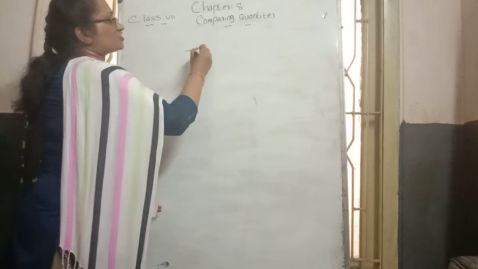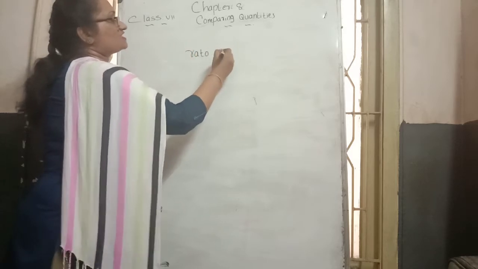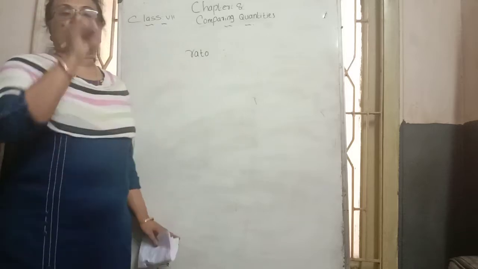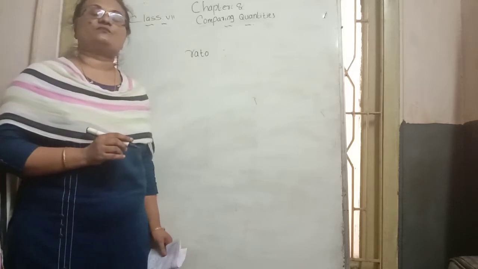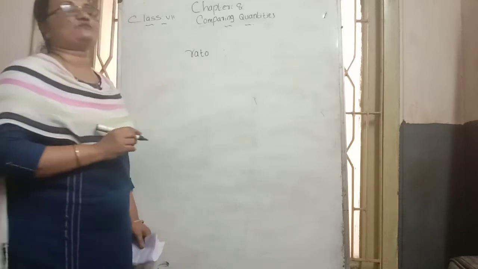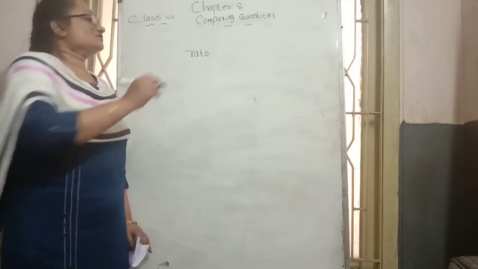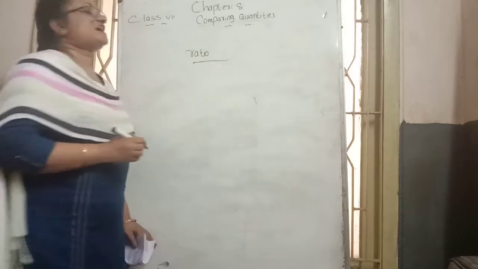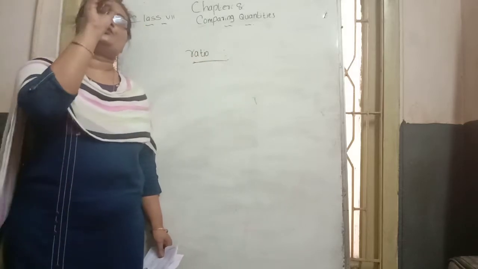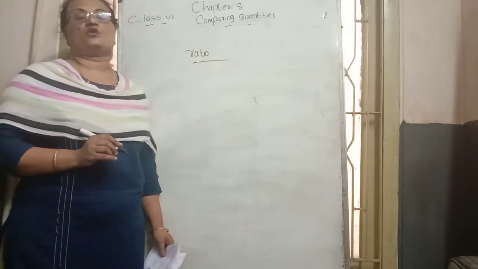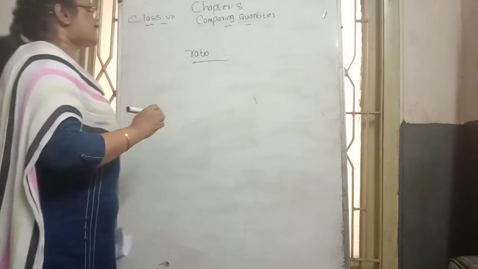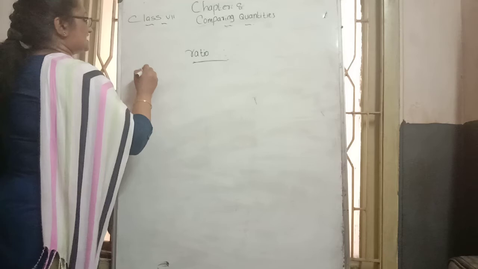What is a ratio? The symbol of ratio is like this, a colon, written as 'is to'. These two dots represent the ratio symbol. When we use a ratio, we do the comparison and put two dots between the quantities. This is the comparison symbol. Then here in this exercise, the first exercise,